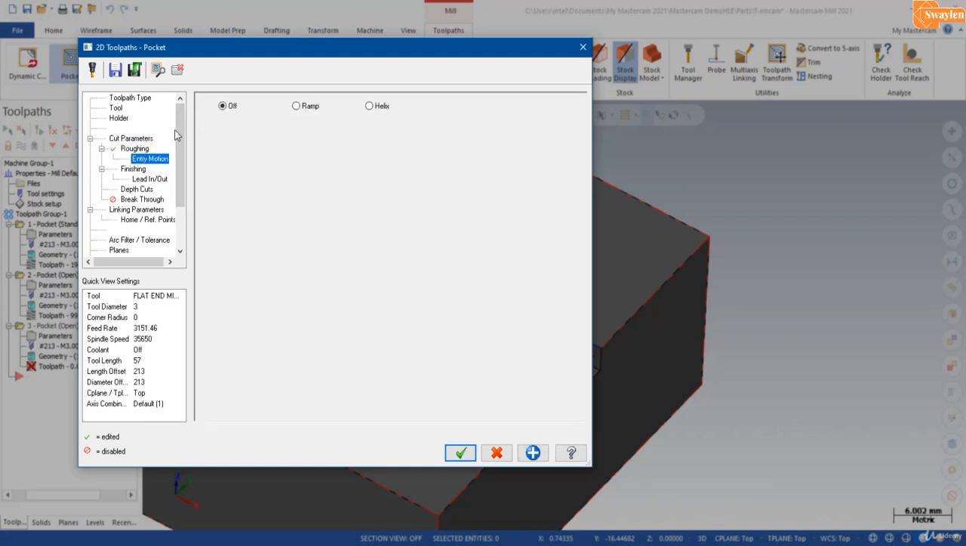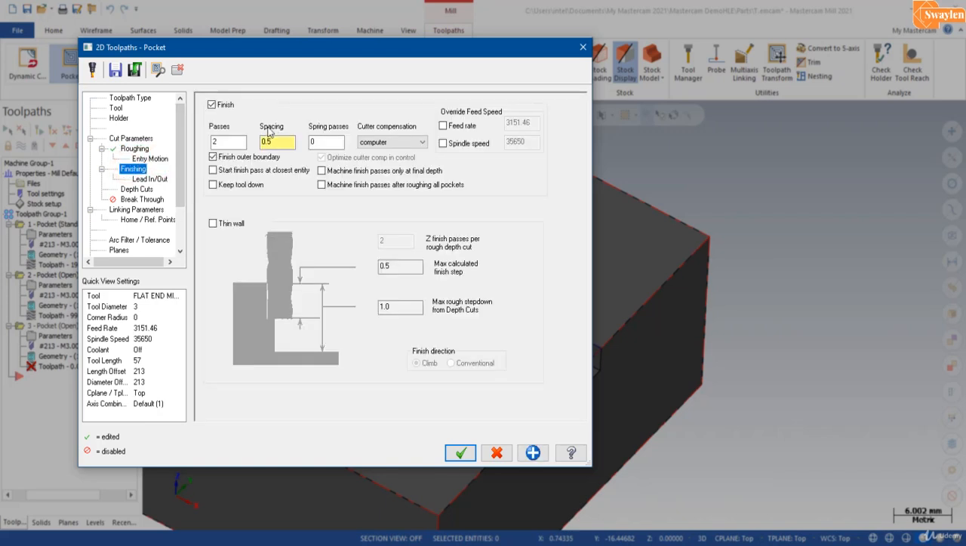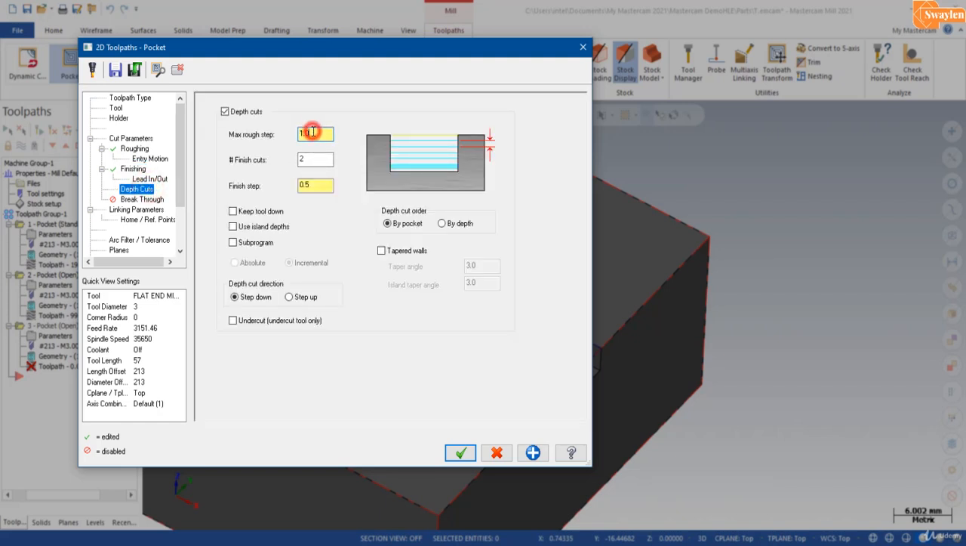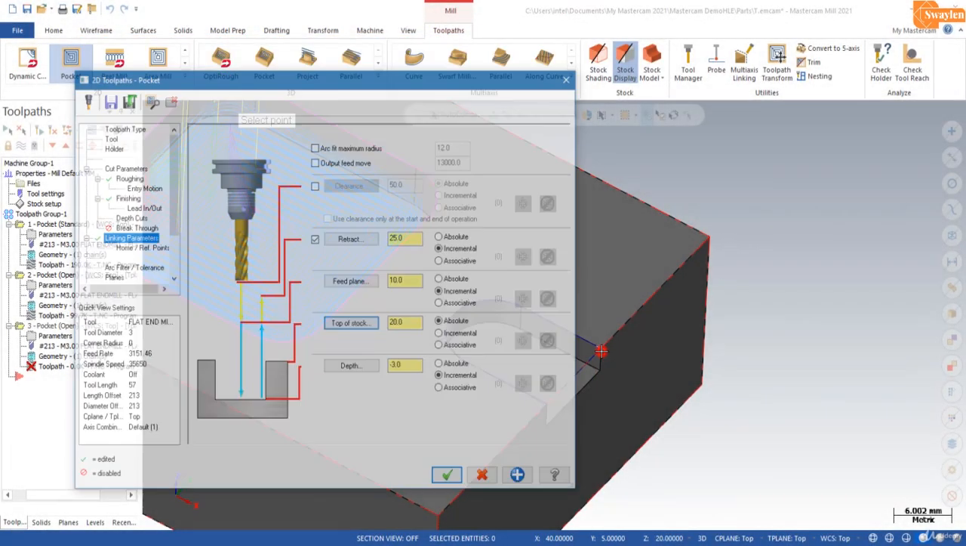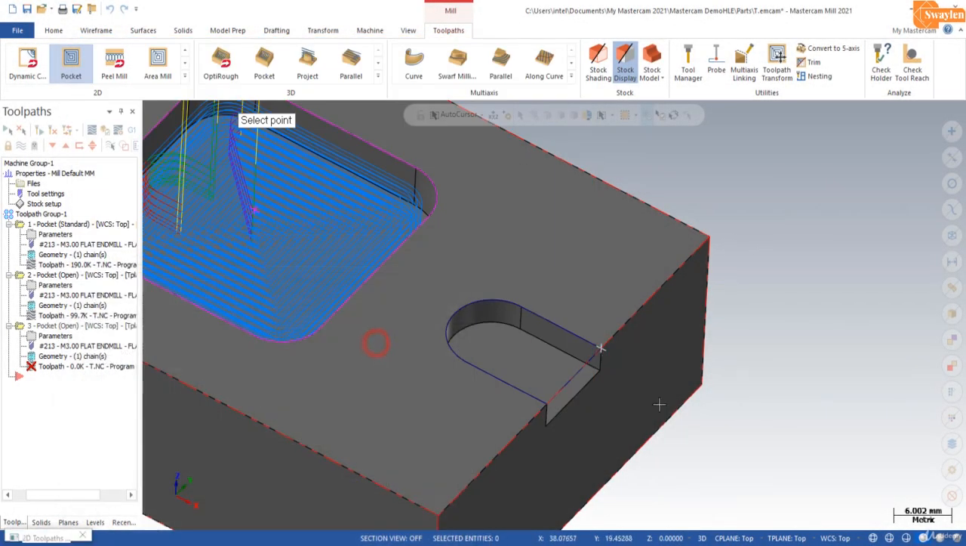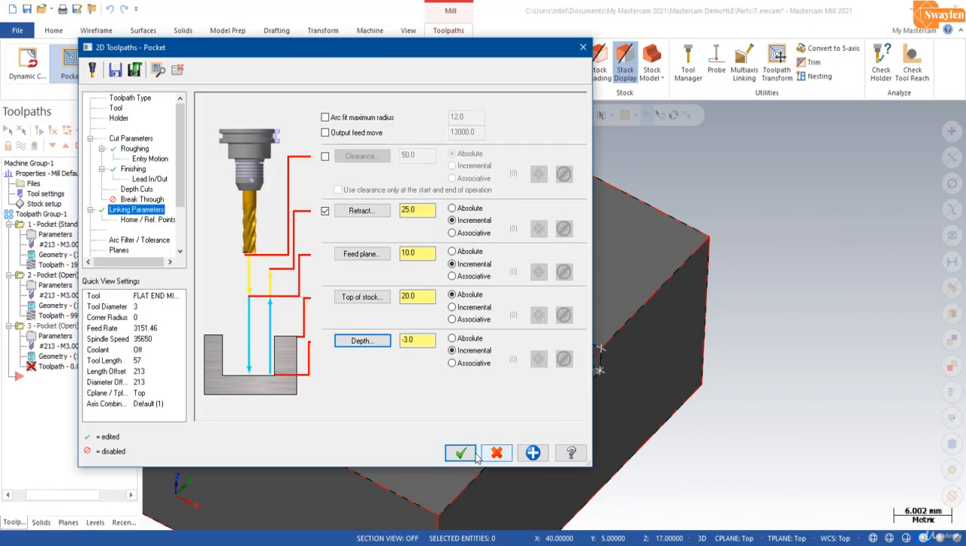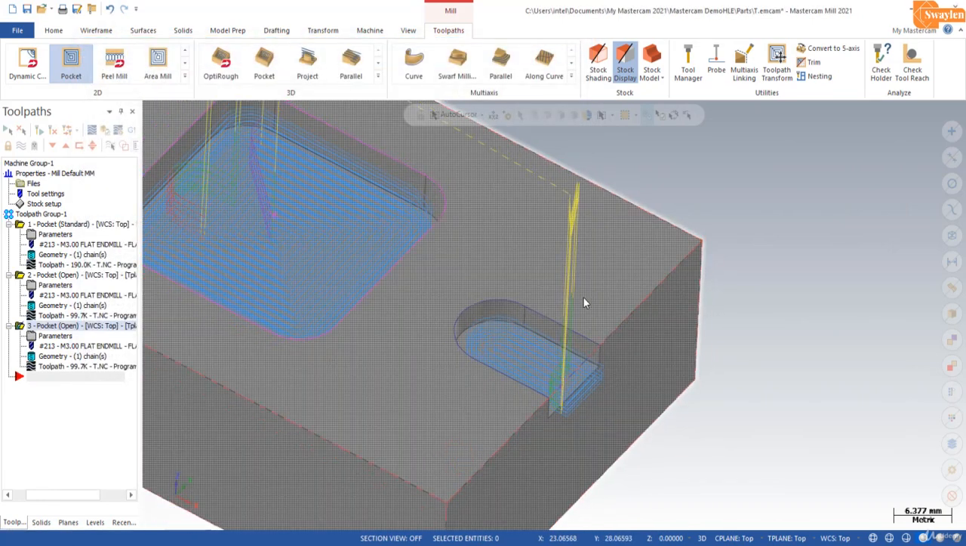Entry motion is off. Finishing 2 passes with 0.5 spacing. Depth of cut same. The rough value is 1. Finish cut 2 with 0.5 spacing. And the linking parameters, so top of the stock is here and depth is here. Okay, now you will see